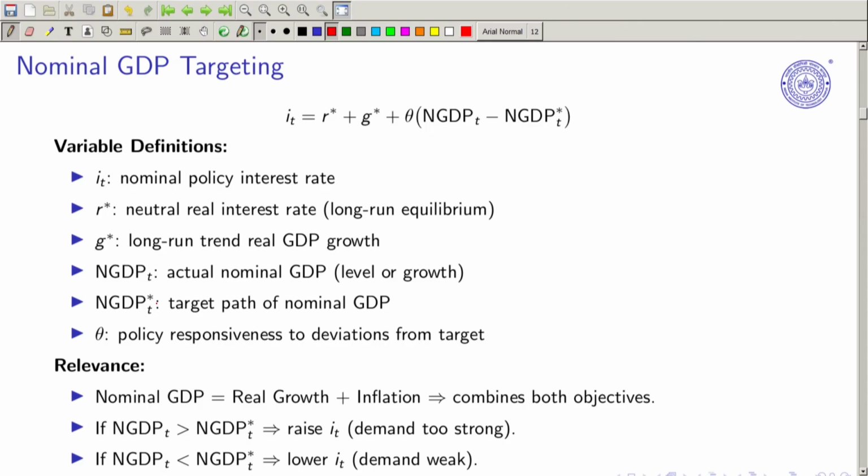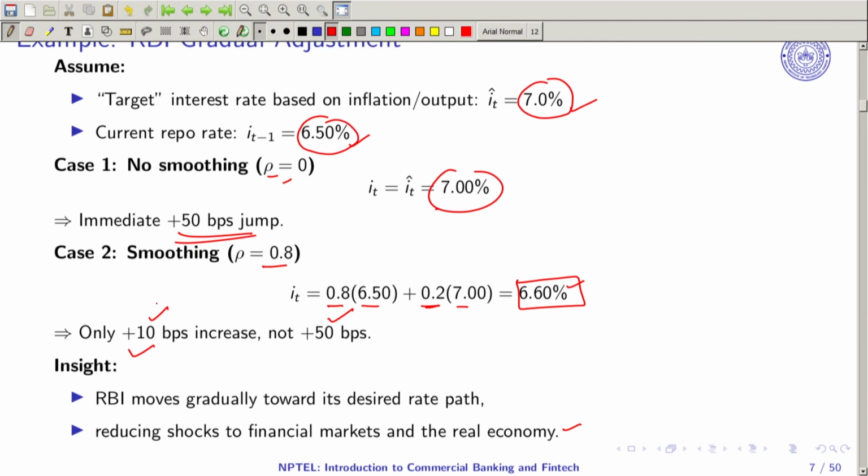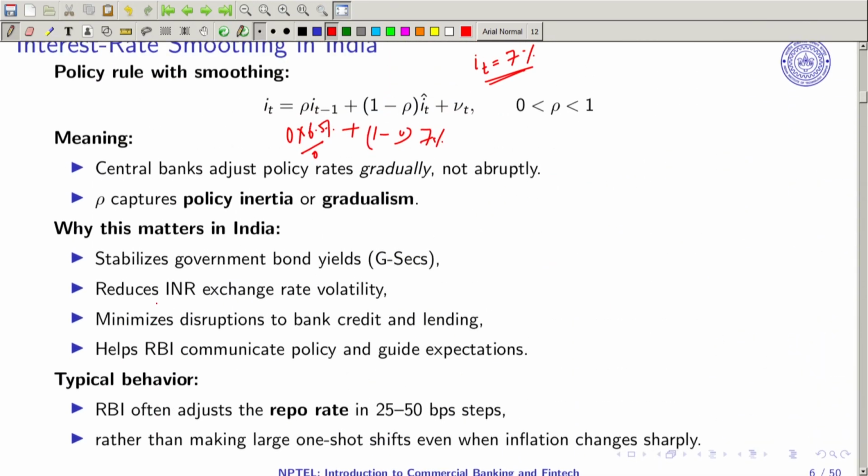So we saw in the last session with an example that when rho is equal to 0 and rho is equal to 0.8, we are able to pass on the large difference with regard to the previous interest rate more easily, right? And this is what we do. So as I promised, we'll be discussing this part.